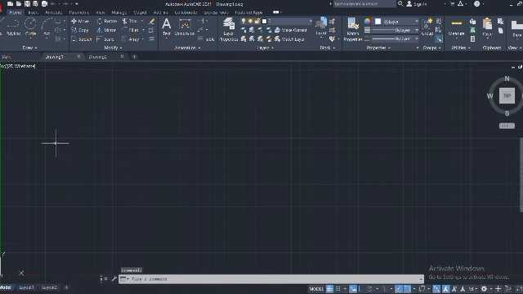Further still, to easily navigate through your drawing, you can use the view cube here. It's located here. You can always view objects or your work from different angles still using the view cube. You can view it from the north, from the eastern side, south and west also, or you can incorporate it with the navigation